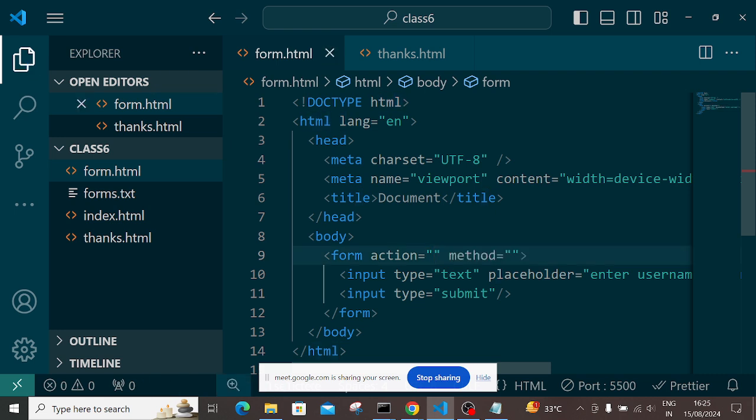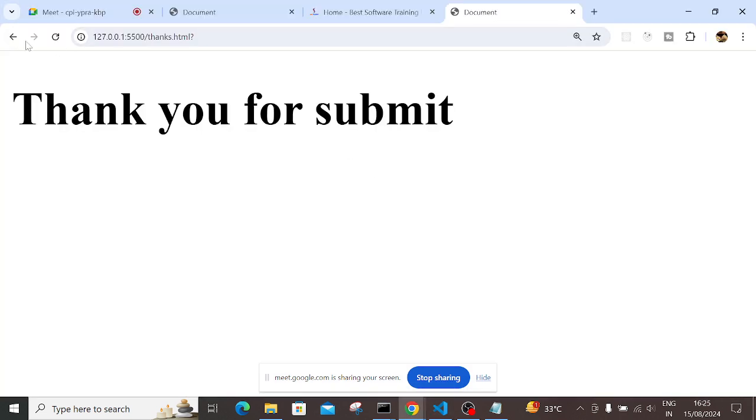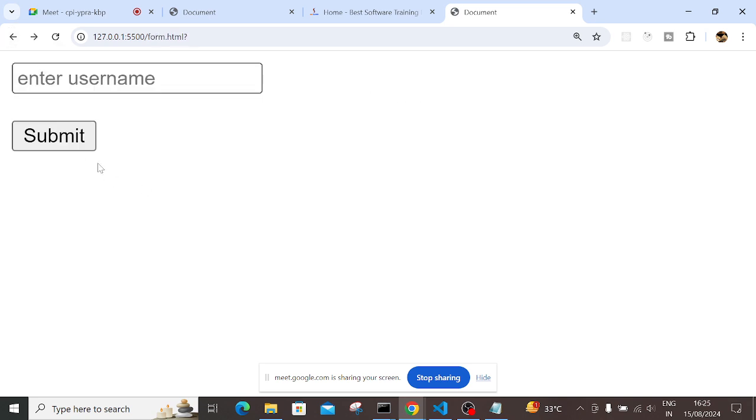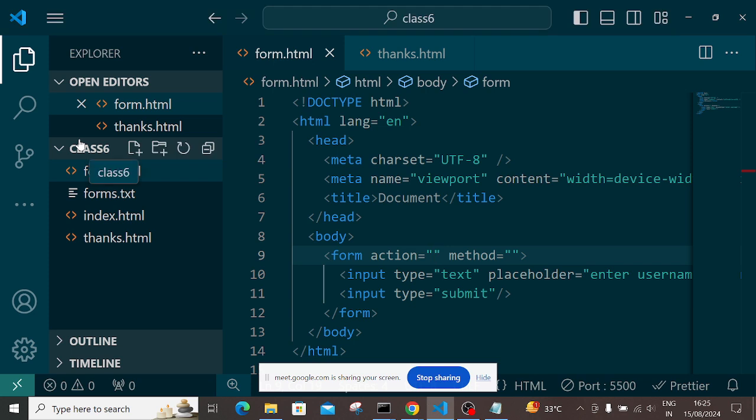if I'm not giving anything, what exactly happens? What happened? It's navigated to the same page. Reload means it's navigated to the same page. So if you mention a file path, it will go to that particular file. And if you have not mentioned a file, what is the default action? It will navigate to the same page. Default action is navigate to the same page. Okay, and